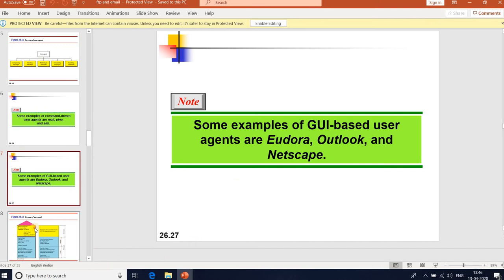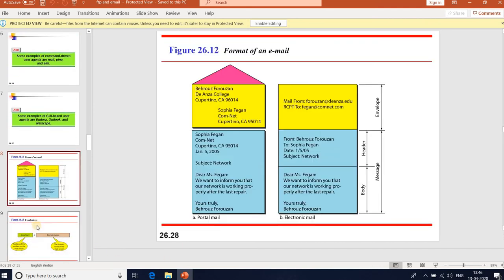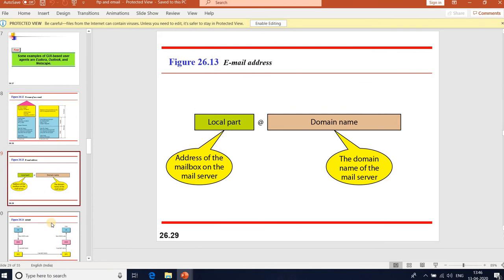So what is the format of an email generally? Postal mail looks like this, and electronic mail shows from where to where you are sending mail, the date, and the subject. And what is the email address?